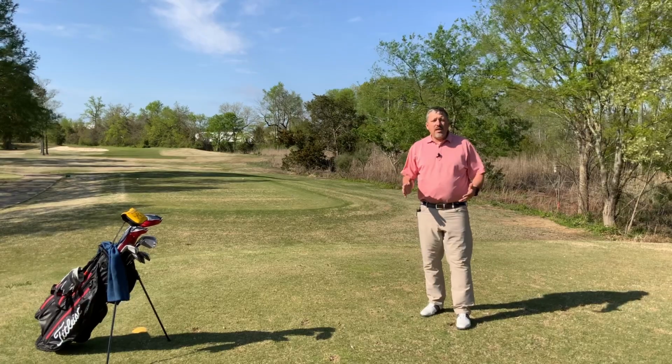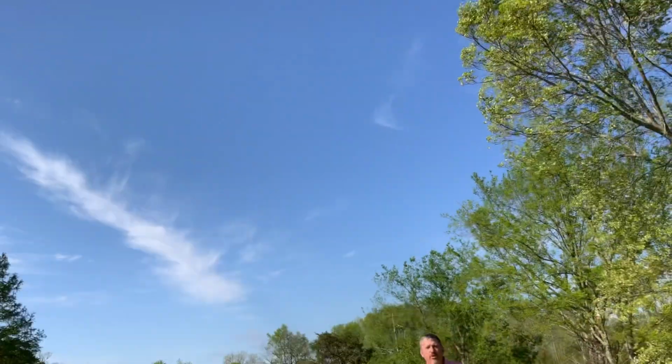We hit this shot to get the distance and not have the wind